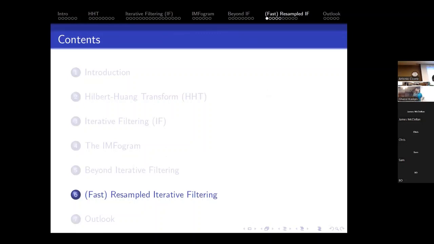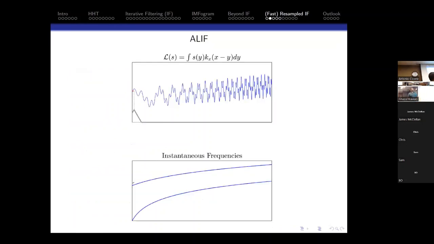until we had the idea of resampled iterative filtering. The idea is extremely simple, just 1 minute. What we have here is there's no more convolution. The signal and the filter change at every x position. In practice, you have this filter and you adapt its support as the signal varies. And you see, because the instantaneous frequency curve of your highest frequency IMF is like this, your filter is basically following this curve. That's adaptive local iterative filtering, ALIF.